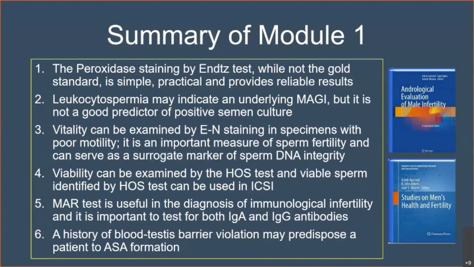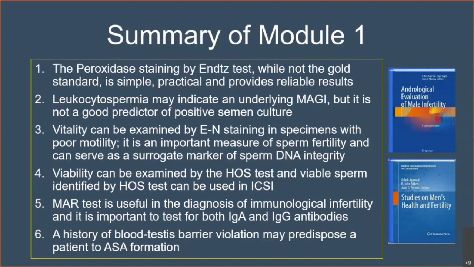But if both of them are positive, then they should be treated. Vitality, which was covered by Dr. Sharma, can be examined by eosin-nigrosin staining in specimens with poor motility. It is an important measure of sperm fertility, and it can serve as a surrogate marker of sperm DNA integrity. So certainly there is some evidence that this can be used in laboratories which don't have access